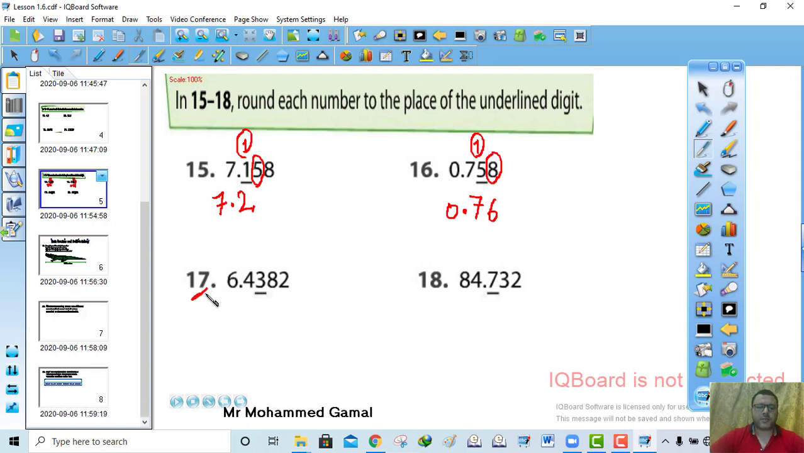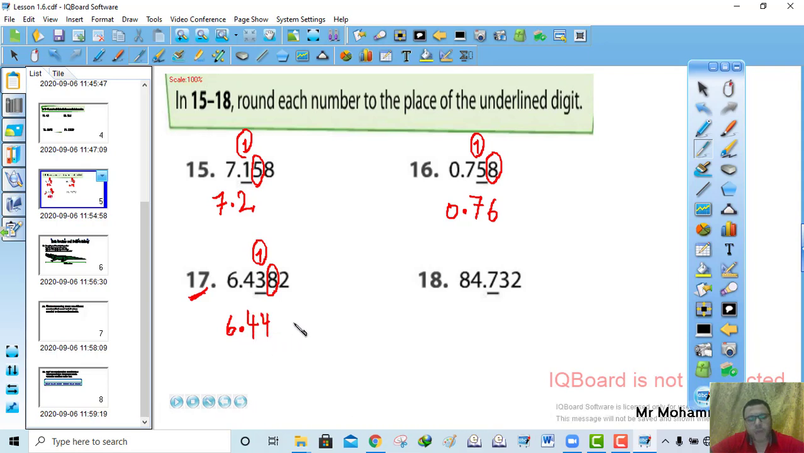In question 17, we have here 6 and 4,380 ten thousandths. He needs us to round it to the nearest hundredths. So I will look at the number beside, which is 8. It's strong, so I'm going to add 1 to the 3. So it's going to be 6 and